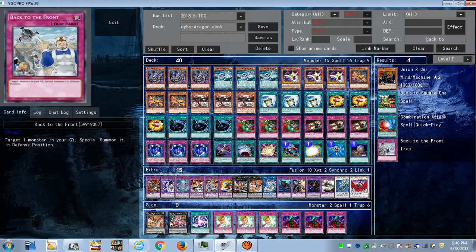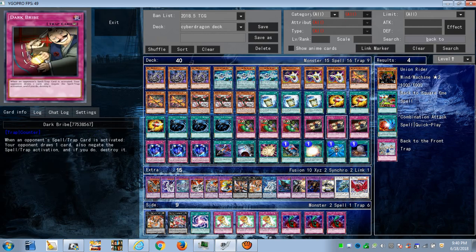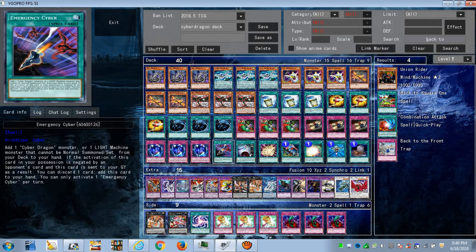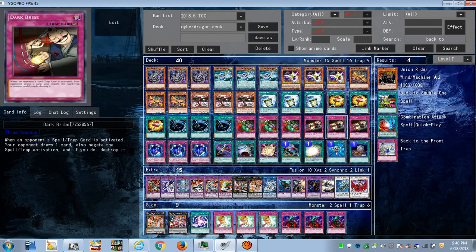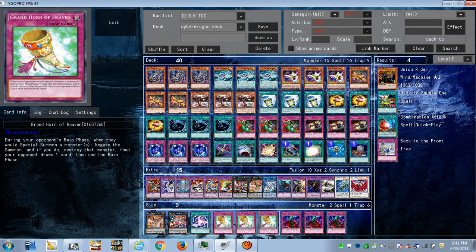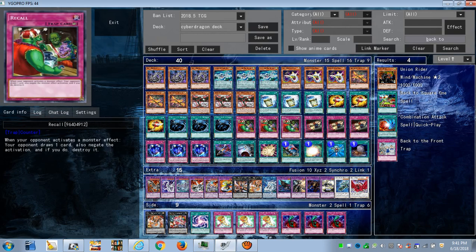There you go. So there's the card. Back to the Front. Target one monster in your graveyard, special summon in defense position. You could opt to play that, or because there's a good amount of control in this deck with Infinity and Dawn Dragster, you could, instead of playing Dark Bribe, maybe you want to keep the red screen, you can play Back to the Front in replacement of the Dark Bribe. Other options would be like Grand Horn or Bottomless Travel. It's up to you, but for me,